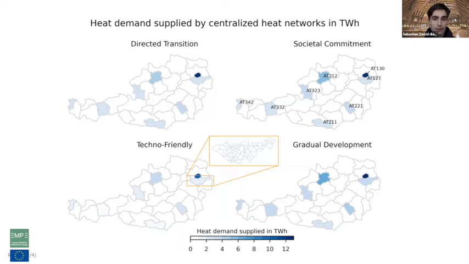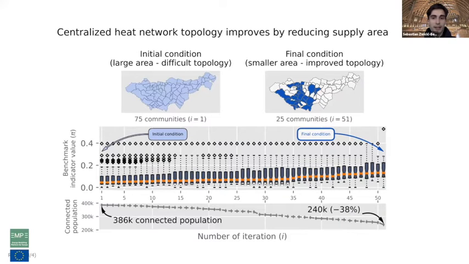So jump onto the next slide, and here we can see the topology and the centralized heat networks of a specific subregion and the impact of the so-called iterative downscaling technique. Here you can see that in the initial condition, we supply more or less the entire subregion, which is one of the marked subregions on the slide before, but we have a little number of connection rate, just 60% or 70% of the connection rate,